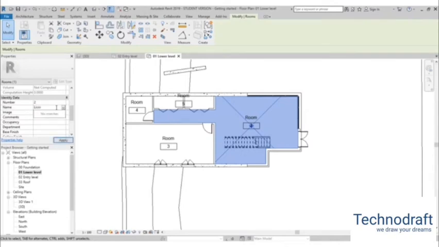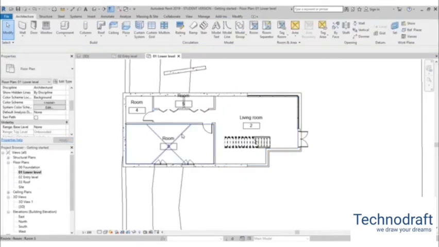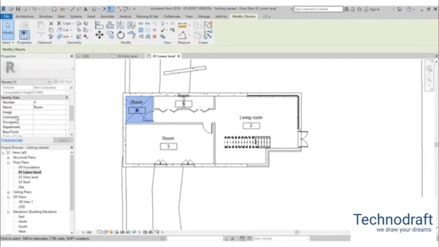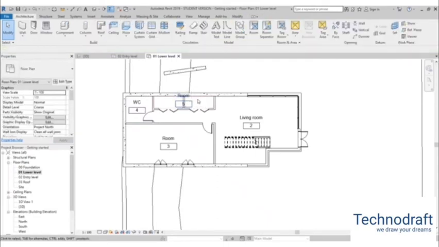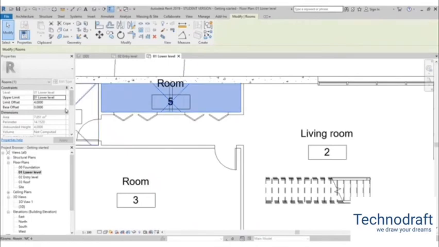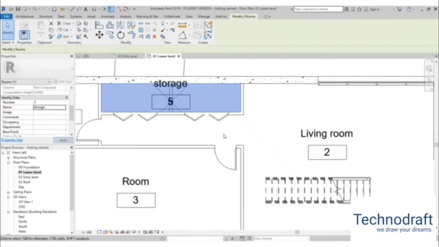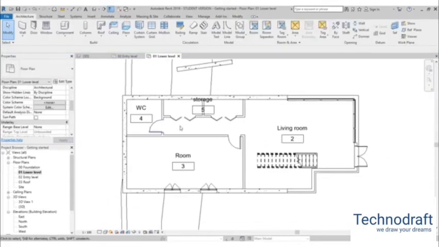Let's just call this living room and hit apply. Okay, so for this let's just leave this as room. Let's just call this water closets, and let's just call this, or that X. And now I can scroll down, and let's just call this storage and hit apply. But as you can see here, we have got this kind of hallway for communication, and